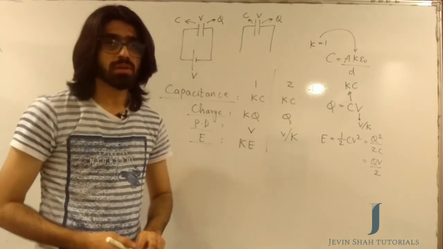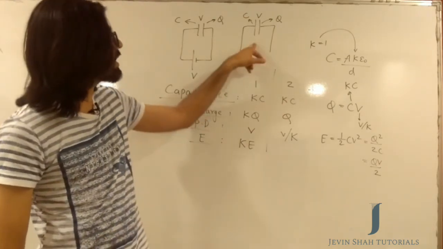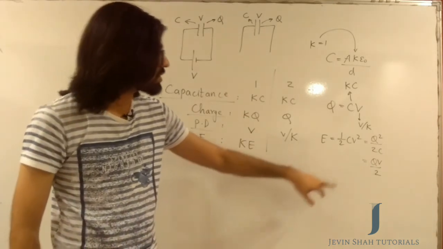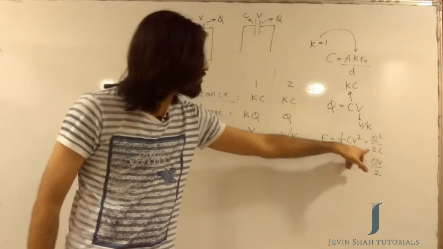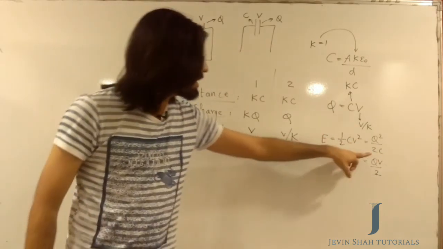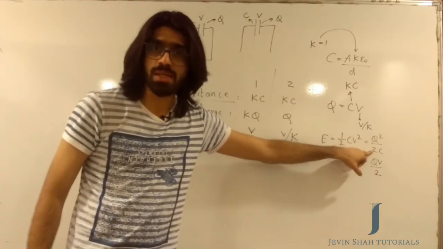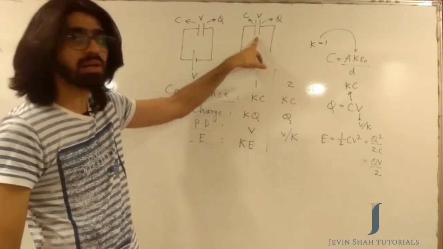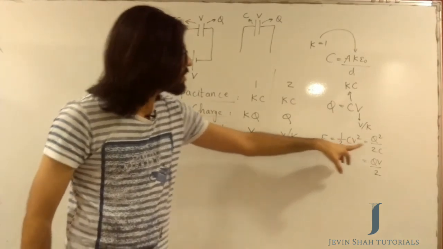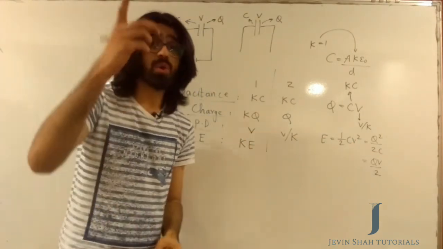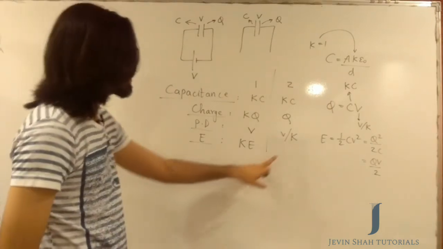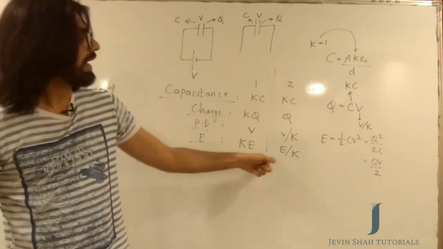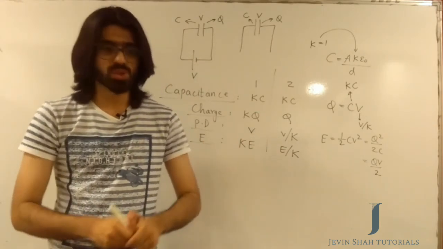Think about energy here. Now in the second case, it is charge which remains constant. And because charge remains constant, we will prefer to use the second formula for energy and claim that energy is inversely proportional to the capacitance. The capacitance got increased by K times when you were putting a dielectric in the middle, and that is why energy, because it's inversely proportional to capacitance, will get decreased by K times. So the energy now will become E upon K. And that is one last thing I wanted to discuss in this video.